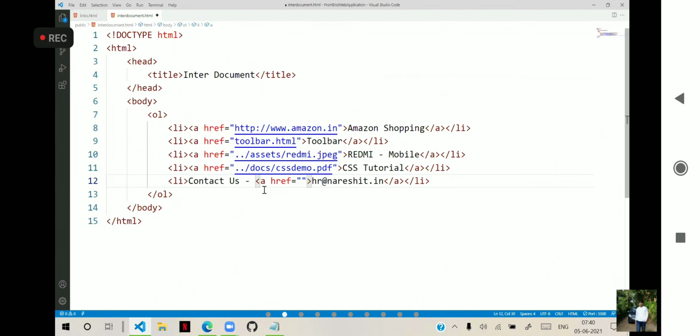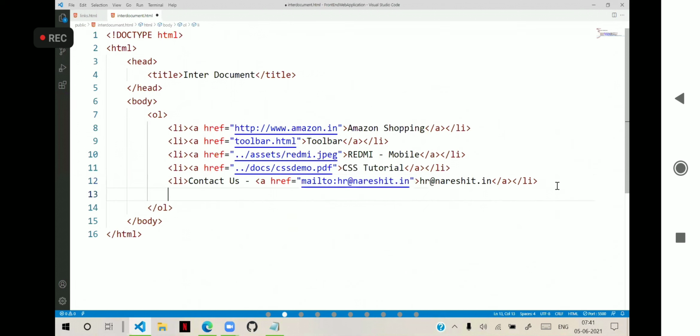So this is a link that opens an email software on your computer or device, and through that it allows you to send email to this location. But for that, you need an email app in your computer, and that email app must be configured so that you can log in and use it. So you need to follow that. Here you have that email option to use with mailto.